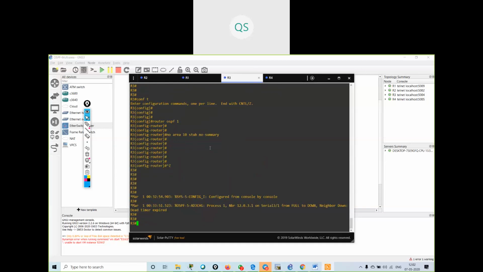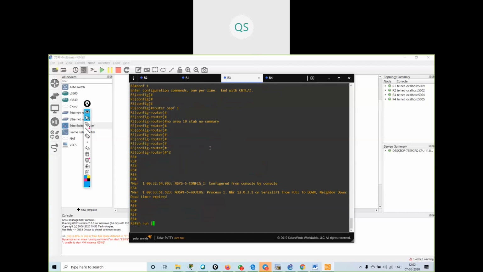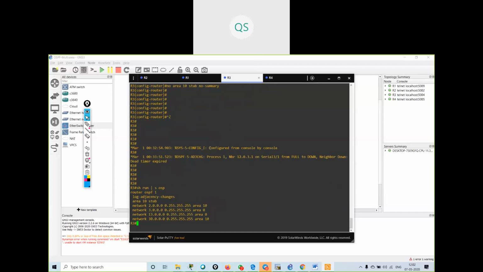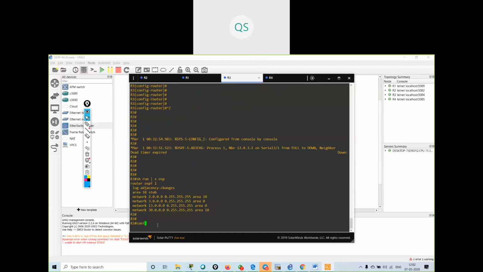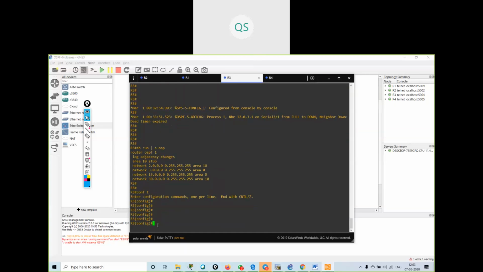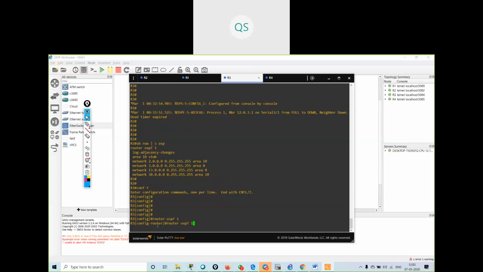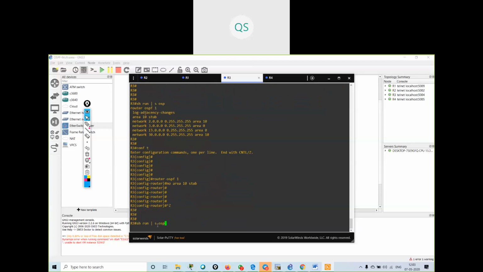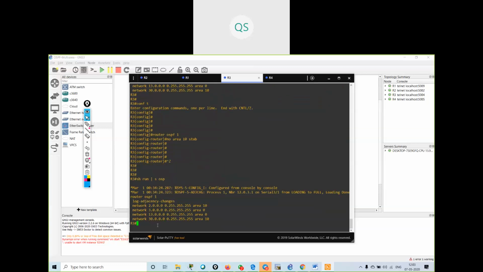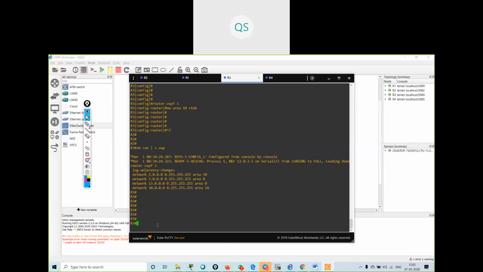Check show run section OSPF. Area stub is still there over here. I will say no area stub. I have removed the area stub.